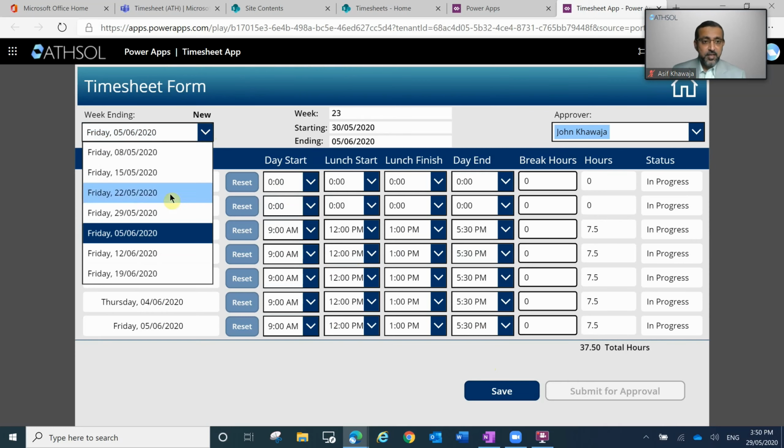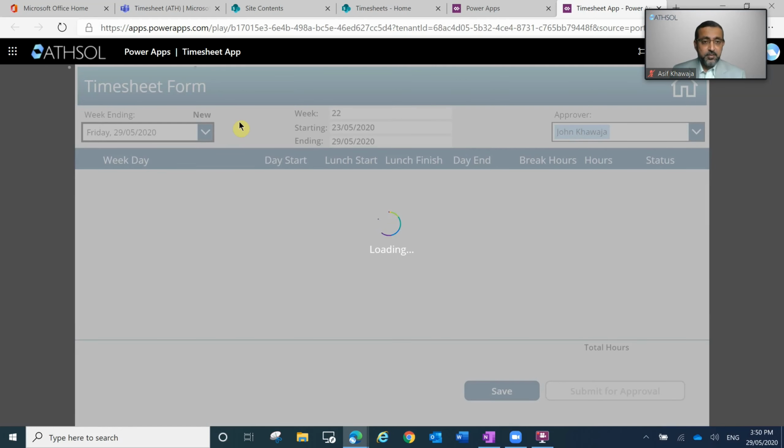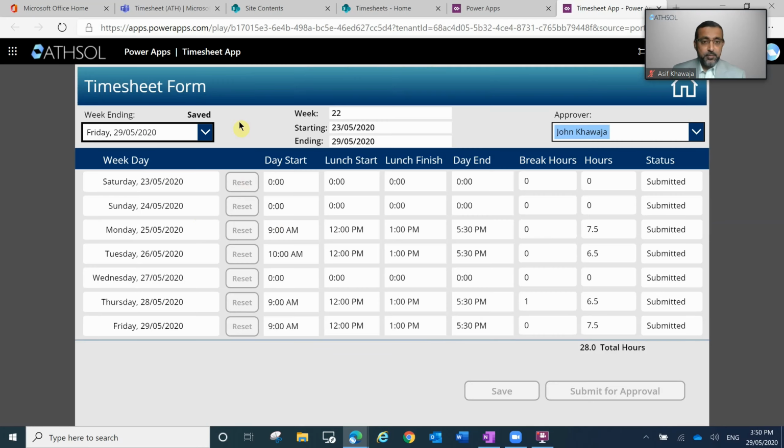But also notice that on the current timesheet, previously when we were creating this timesheet, the status was new, but now the status is saved. So it's showing what is the current status of this timesheet. It's saved and it's submitted. Okay. Now let's go back to the home page